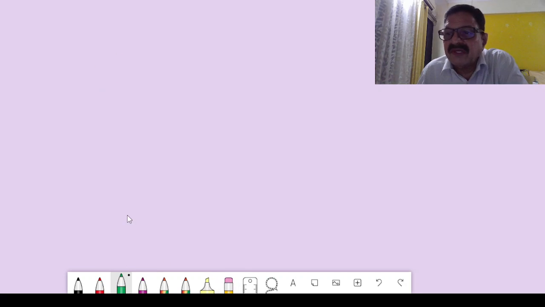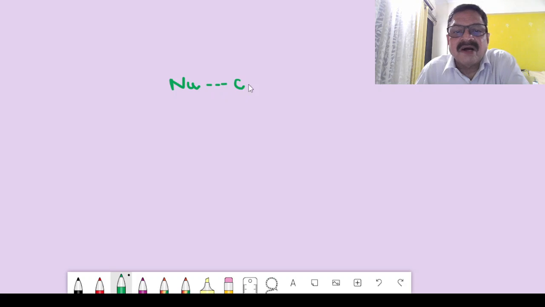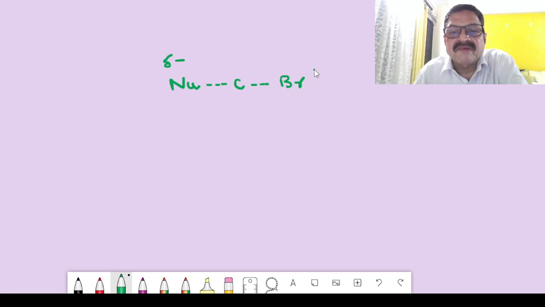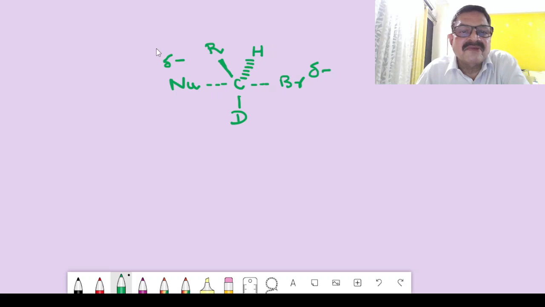So the transition state of the reaction: say this is a nucleophile here. Now this carbon, then we have this bromine leaving group here. There is a partial negative charge here, and a partial negative charge here. Then this is our D. Then the R group here, a methyl group. Then we have the hydrogen. Correct? So this is our